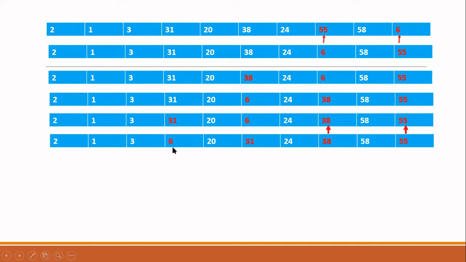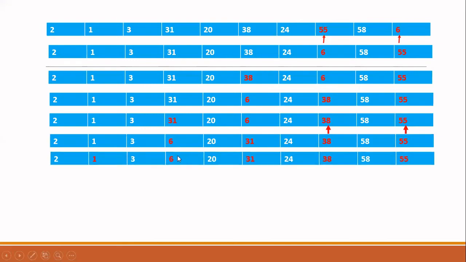Next, I have to compare 6 with 1. Now there is no need for any swapping. When there is no need for any swapping, don't proceed further. Okay, just stop there. So I am comparing 6 with 1. There is no need for any swapping, so I will not proceed further. Now when you don't proceed further, you have to go and update these pointers. Okay, so where I will update my pointer, can anyone tell me what will happen now?